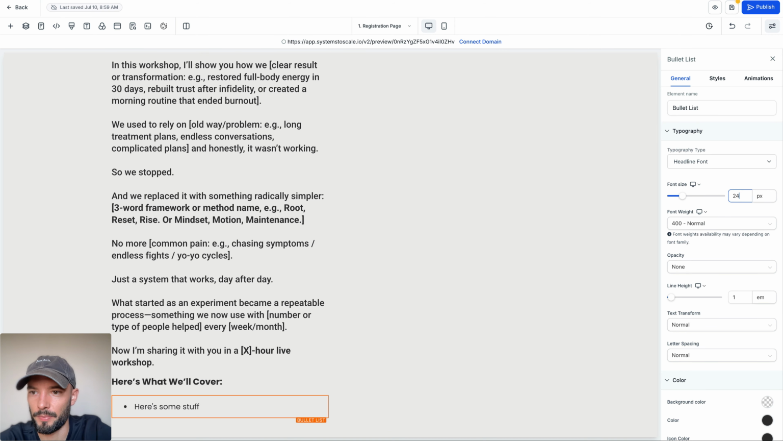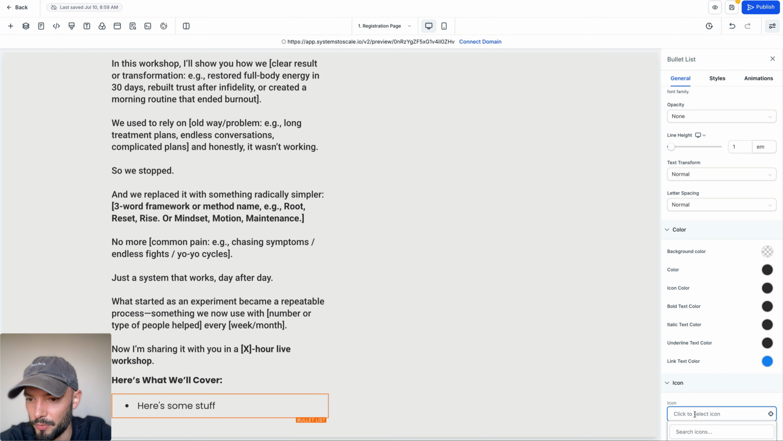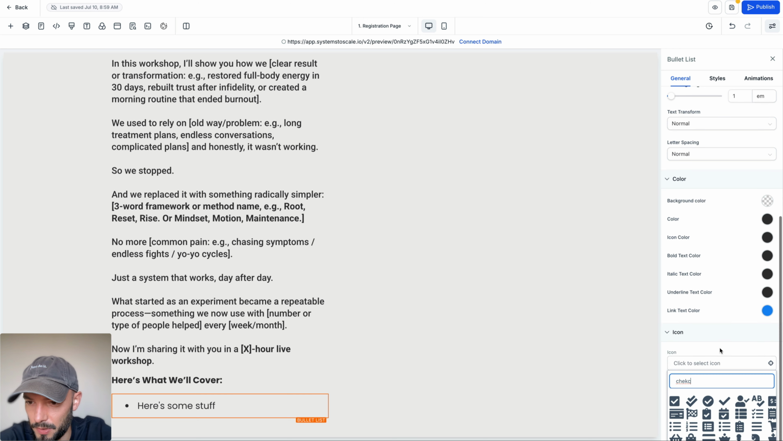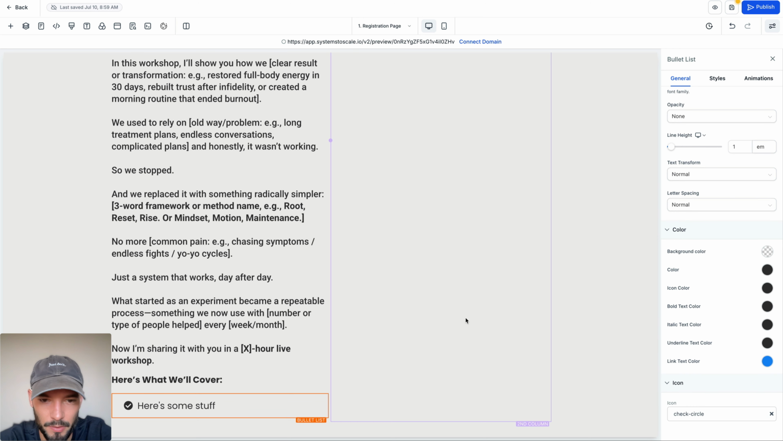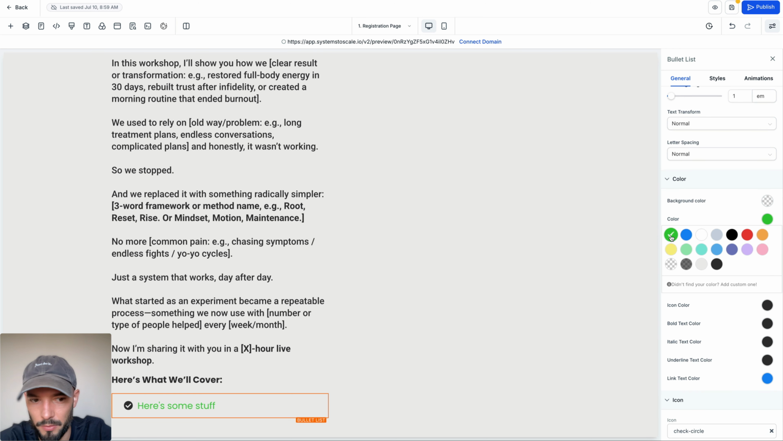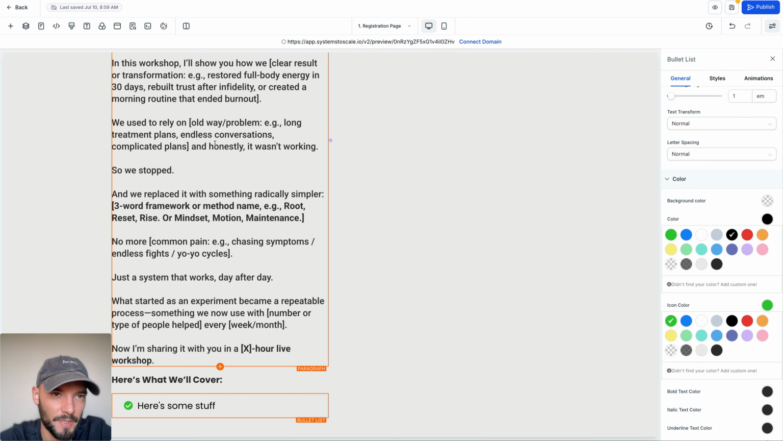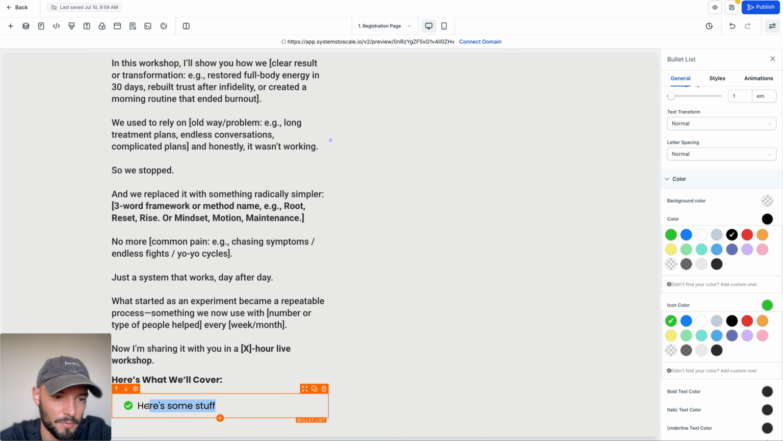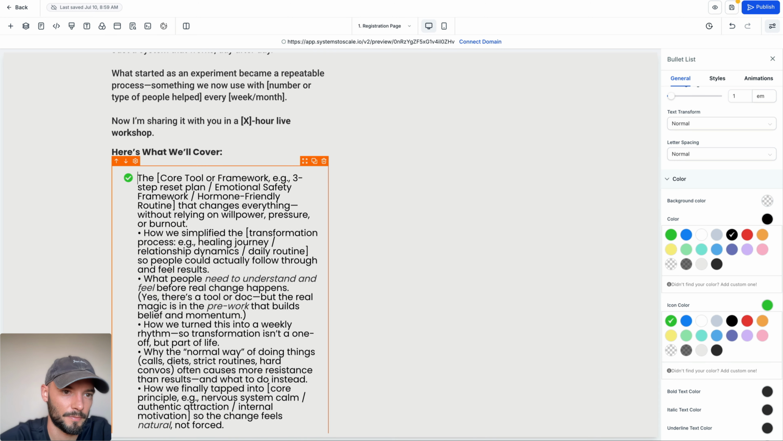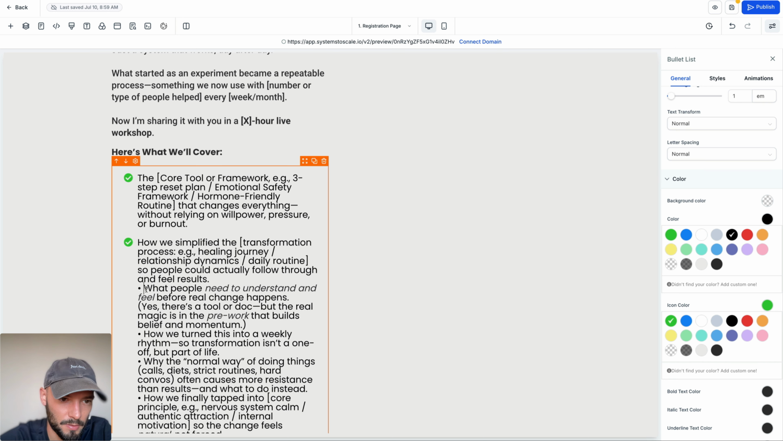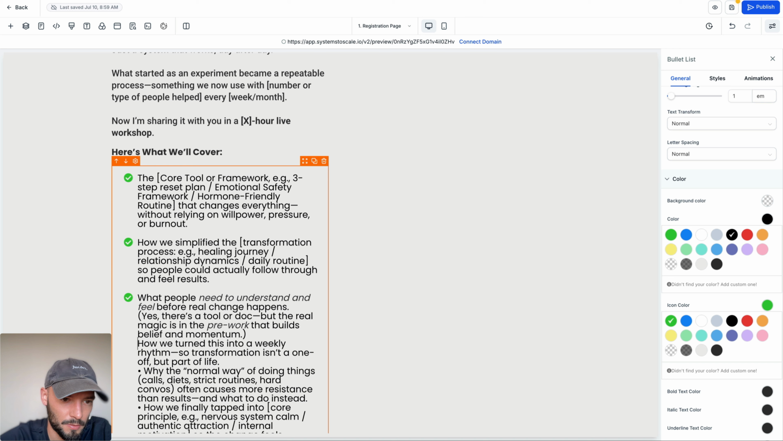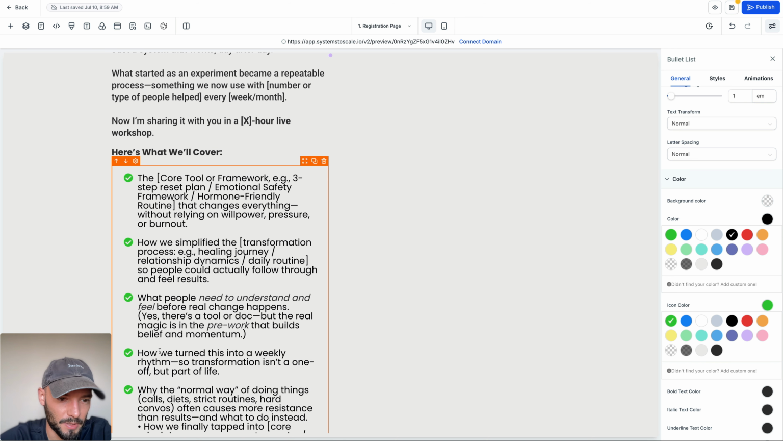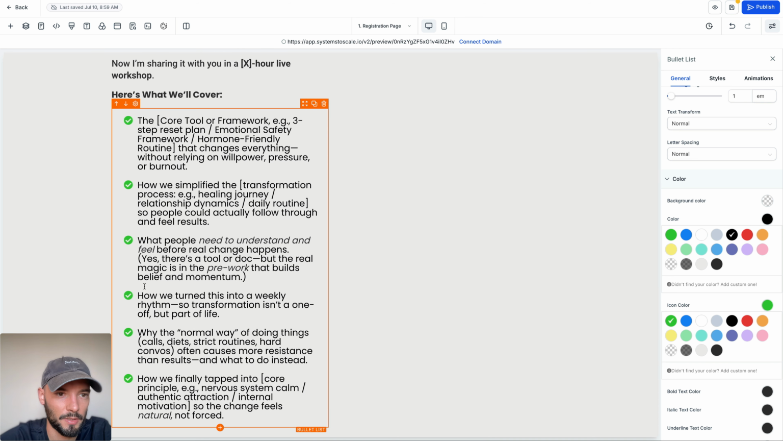So once again, we're going to put this to 24. We're going to choose an icon, which is going to be a check. I like this one, and we're going to put the color to green for the icon. Perfect. All right, so now we can do this. So every time there is a bullet point, I just hit enter and it adds